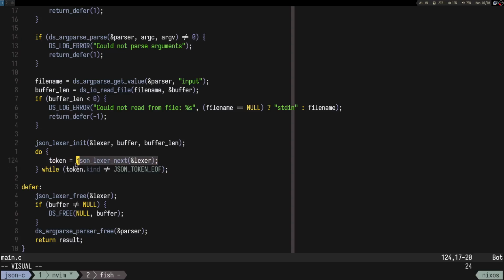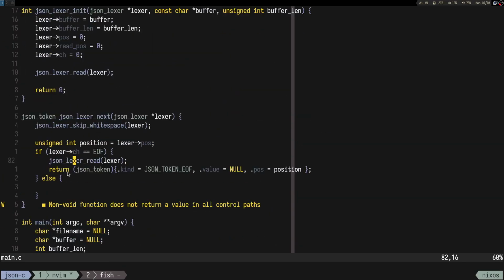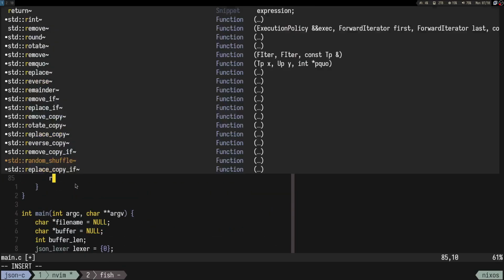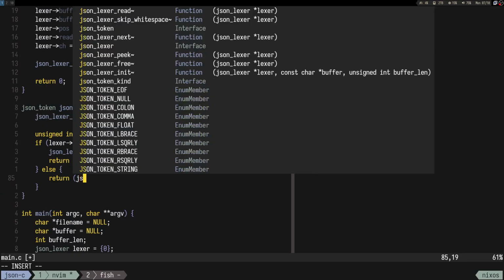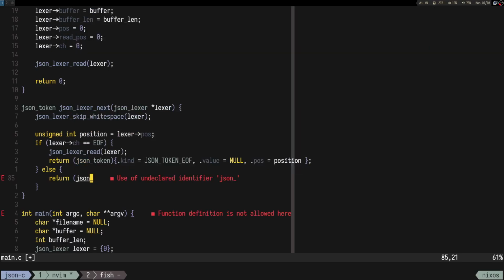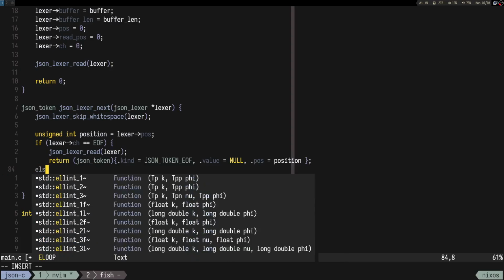All right, so yeah, we get all the tokens. I mean, that's, yeah, kind of. Return, let's do the else case when it's gonna be, I mean, I guess not. Let's do